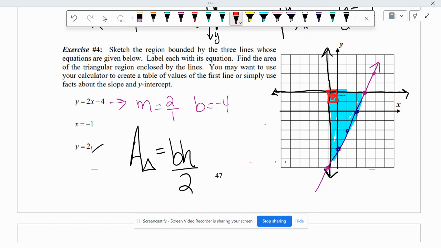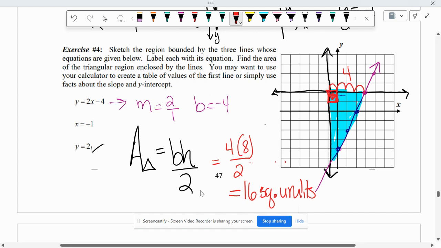Yes, the base and the height are always perpendicular to each other. So 1, 2, 3, 4. This is a measurement of 4. 1, 2, 3, 4, 5, 6, 7, 8. So 4 times 8 divided by 2 is 16 square units. Yes, ma'am. 16 square units. Okay. So your homework for today is pages 4